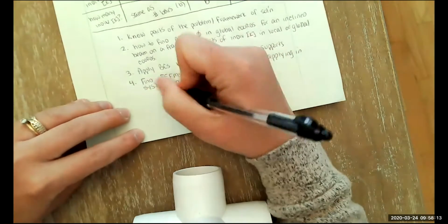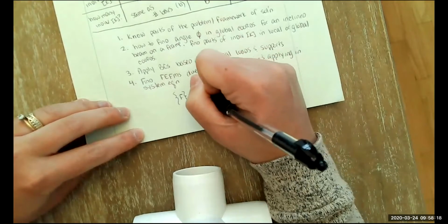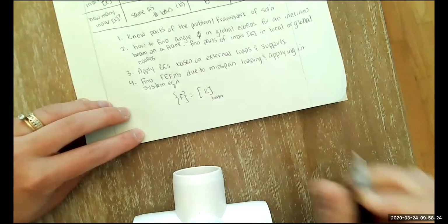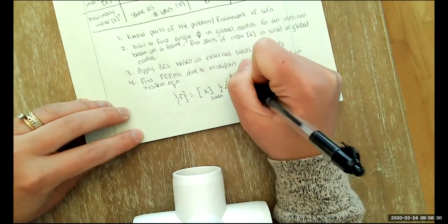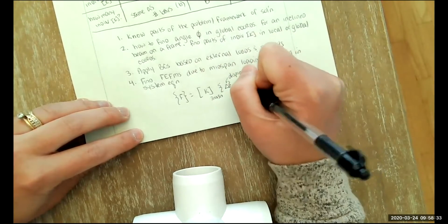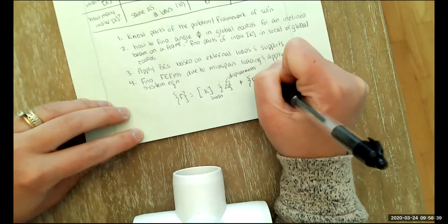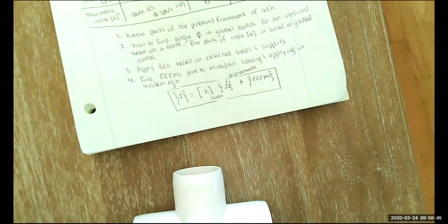So remember, for beams and frames, our system equation changes slightly, where now our vector of forces is equal to our system stiffness matrix, which again is going to be 3n by 3n, times our vector of displacements, plus our vector of fixed end forces and moments. And we can use the table from the handout, I'll show that at the end of this lesson,